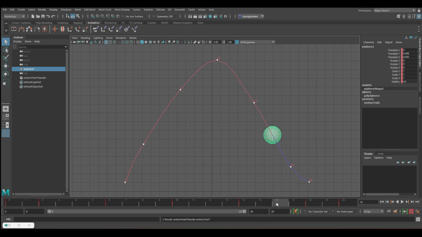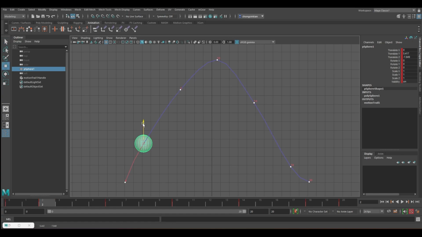However, I need to show every single frame, but I don't want to bake all the keys over here. So I actually created a script to see every single frame, but at the same time I don't need to key in all the extras. So I don't have to make so many changes.